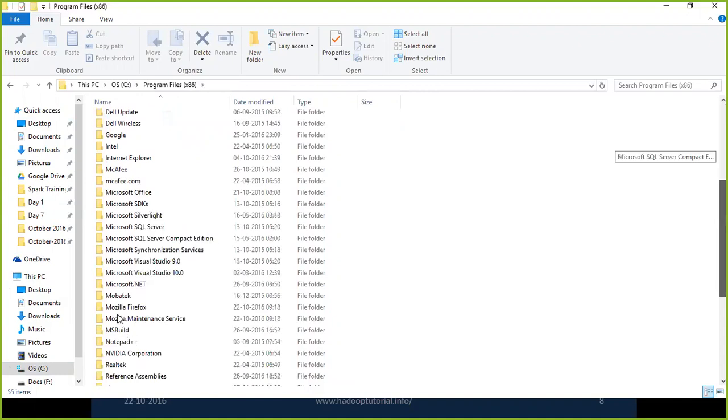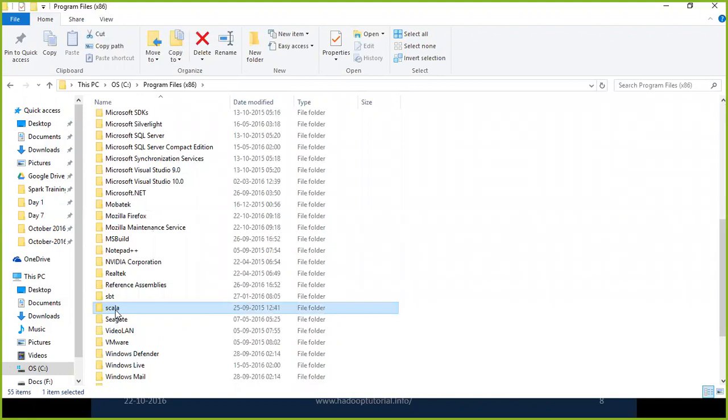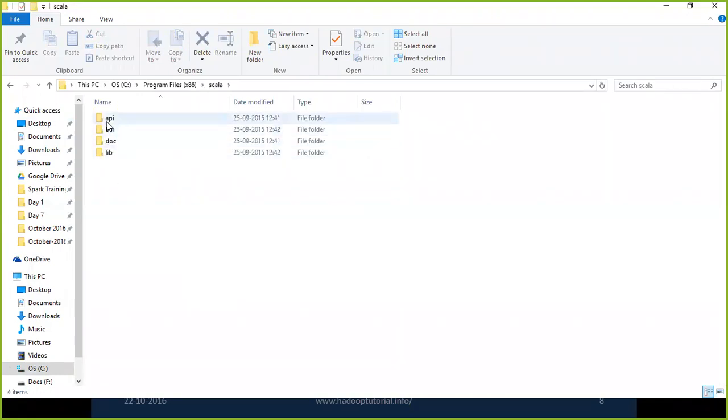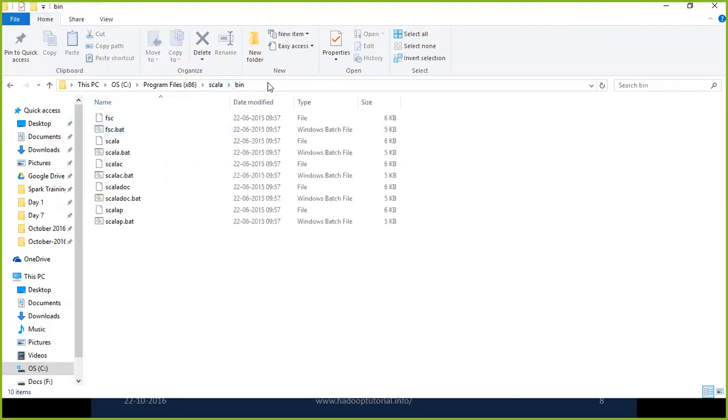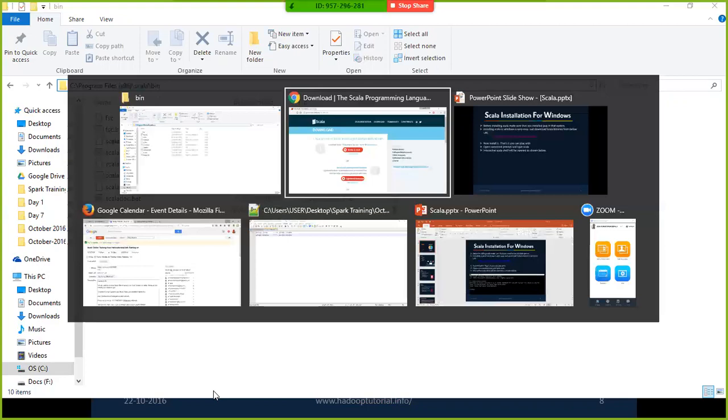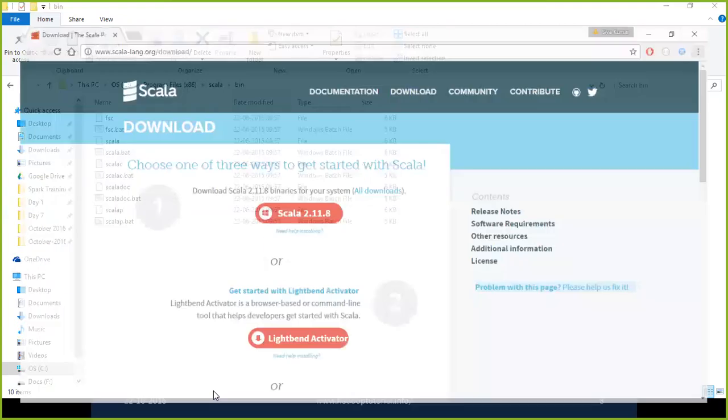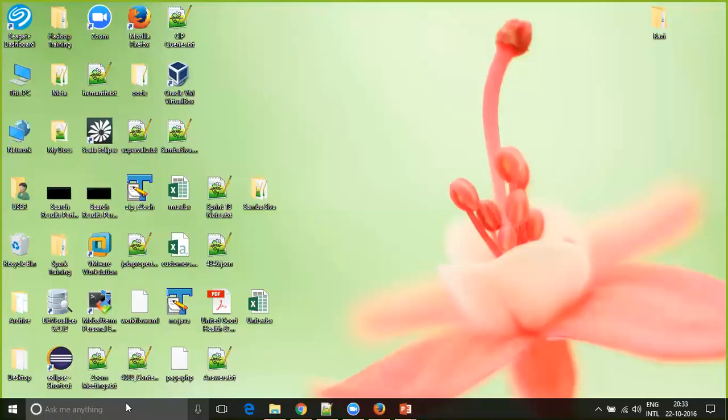Into either of these program files folders, this will get available. So you just have to make sure that this bin directory is added to your path system environment variable, same like your Java installation. So if you type environment variables,